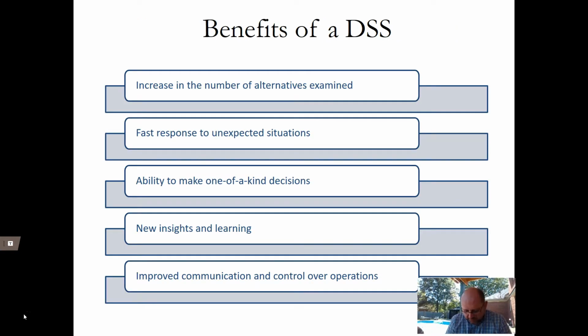So some of the benefits of these systems are probably similar to every system that's out there, but given the fact that you are using a lot of data sets that otherwise you would not be able to consume, the number of alternatives that's being examined is larger, and that allows you to give you a higher quality of the decision. You're able to answer the questions quicker when you have the system. So if you have an unexpected decision, somebody calls you from the field and said, hey, I have a potential customer, needs a decision on this deal, can you support me and tell me whether we should go with that or not? If you have a good ESS, you can maybe turn around in 10 minutes